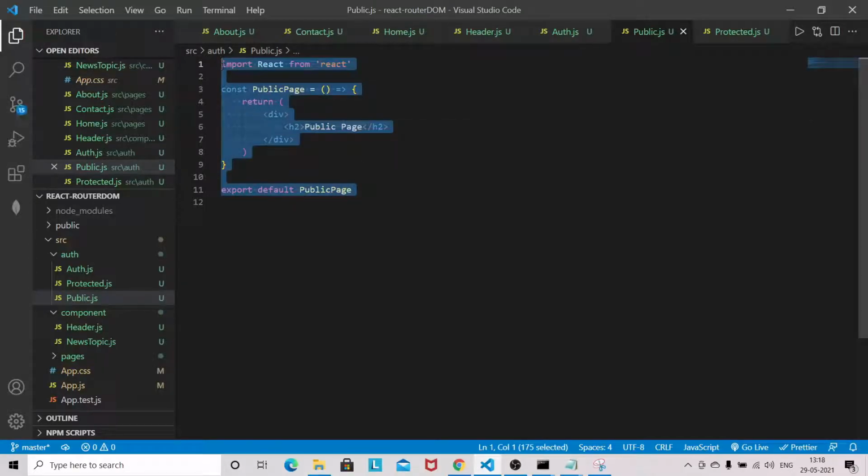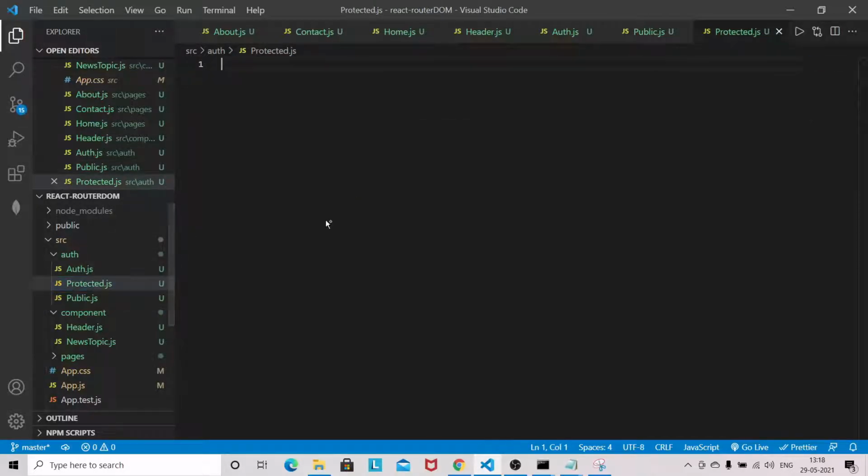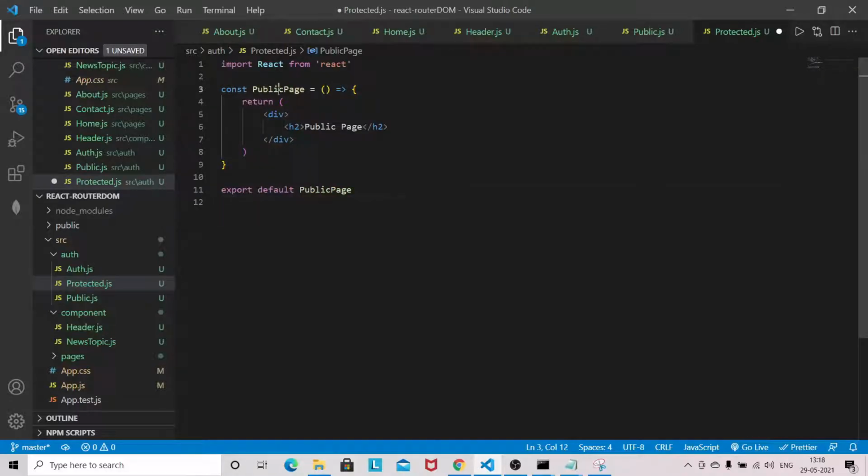The same thing will go to protected as well, so just change the name to protected. This is the very basic content we have in public and protected.